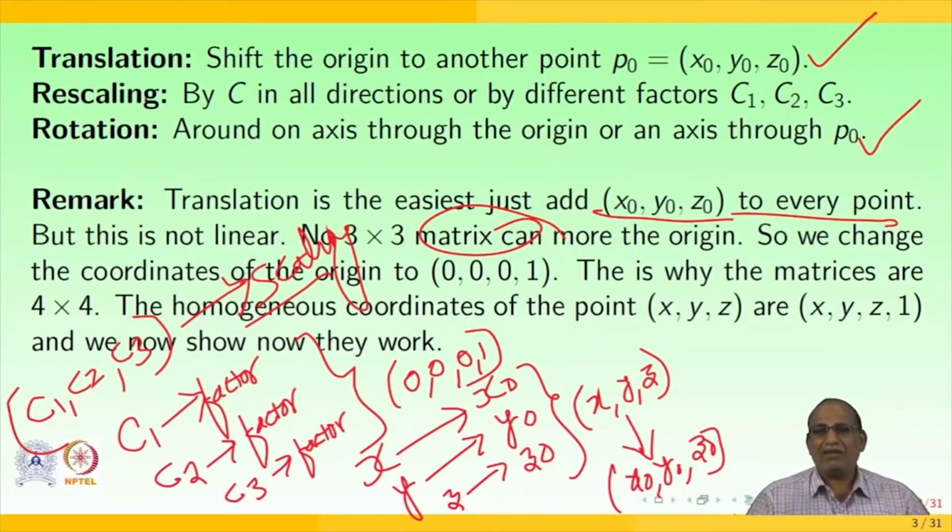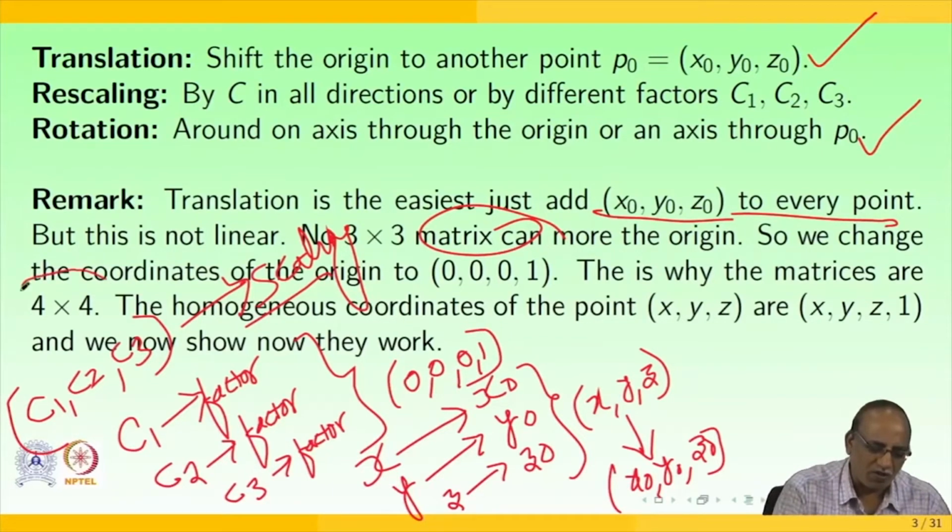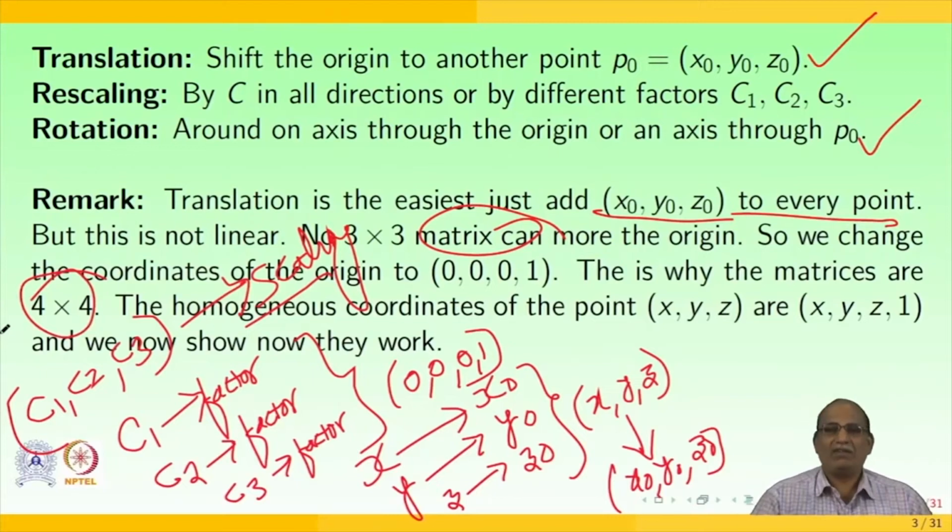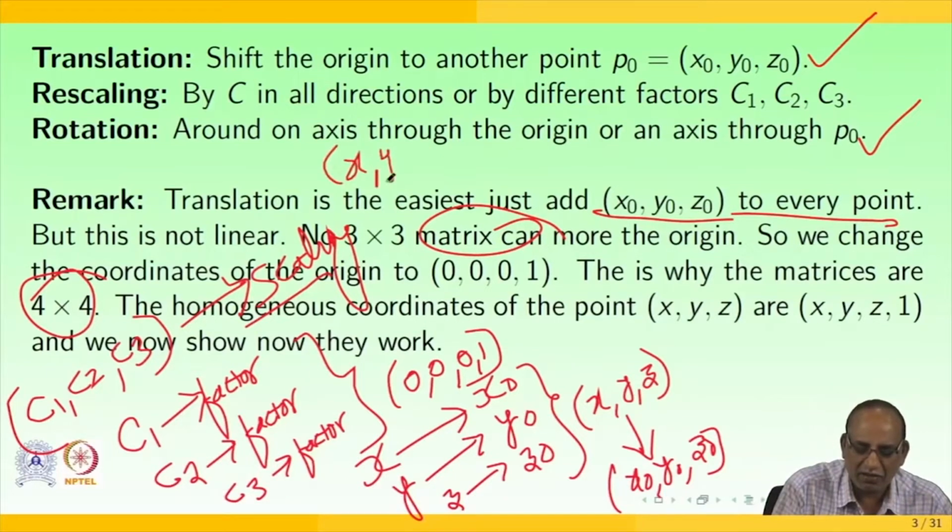That is why the matrices are 4 by 4. Actually, we are handling 3 by 3, but ultimately, when you want to do it practically, it turns out to be 4 by 4. The homogeneous coordinates of the point x, y, z,